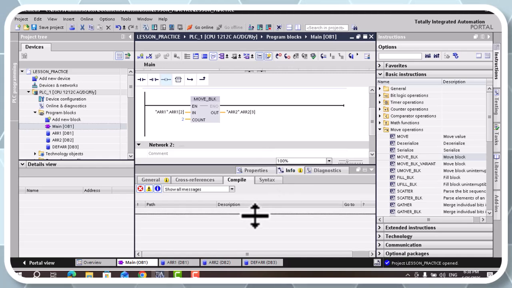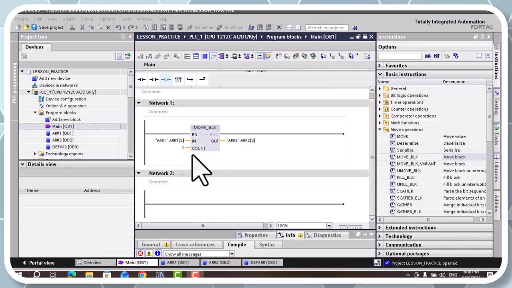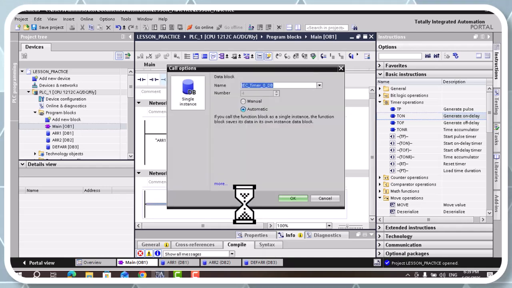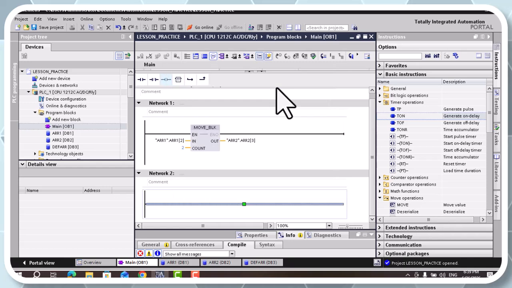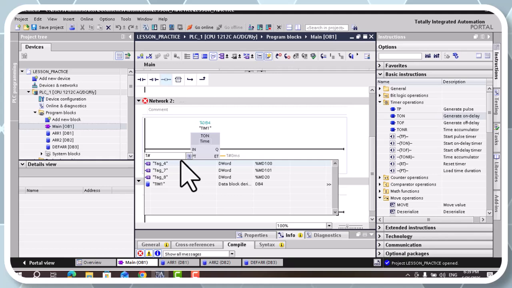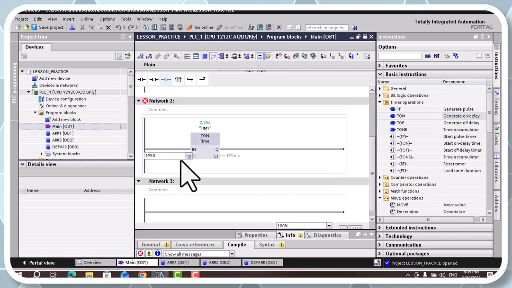And I think, my friends, let's build a program which will automatically add the element. And for this, let's use the timer TON, and let's give the name team 1, set it to 5 seconds. It is the T#5S, press enter,